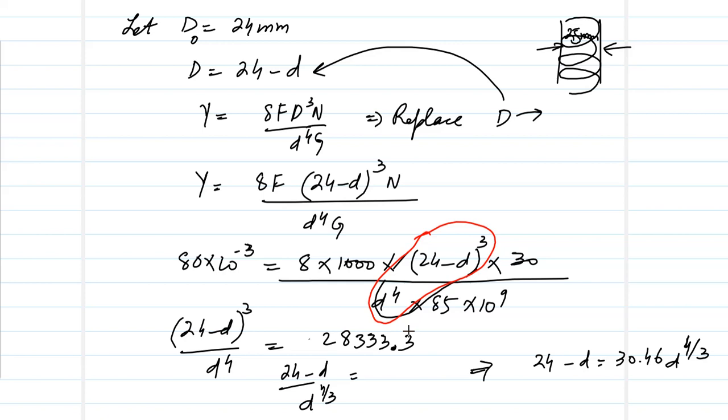So if I take a cube root of 28333.3, that is 29.46. So that value is 29.46. So 24 minus d is equal to 29.46 d power 4 by 3. So if I take this value,